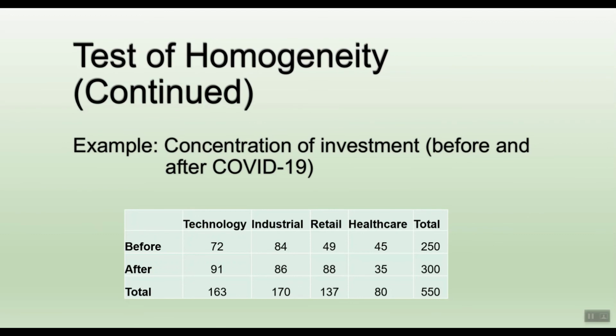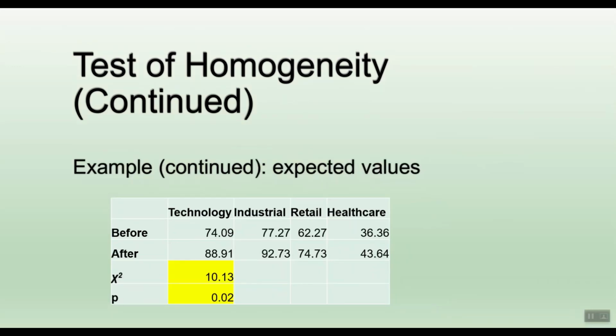Now, here's my example. What I'm trying to do here is to investigate the distribution of the concentration of investment before and after COVID-19. I have 4 sectors here: technology, industrial, retail, and healthcare. My expected values can be calculated based off of the formula outlined above. And then eventually I will have this chi-square, which is 10.13, and the p-value, which equals